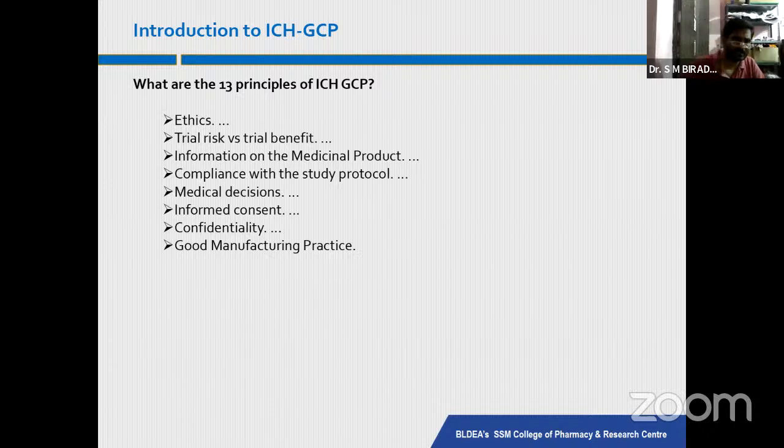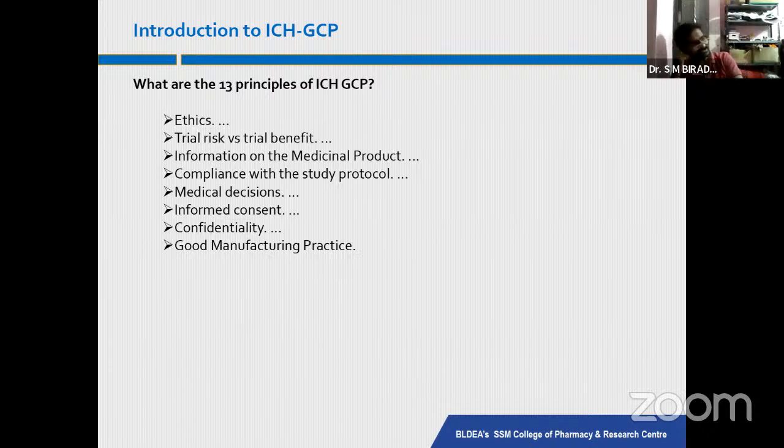Sometimes confidentiality should be maintained, because one recent example we have seen is before the vaccines Covaxin or Covishield entered the general public. Some of the trials were conducted all over India, at some chosen centers, and depending upon that result only, they were given to the general public. We don't know what the report was during the test trial, so they maintained a confidential report.